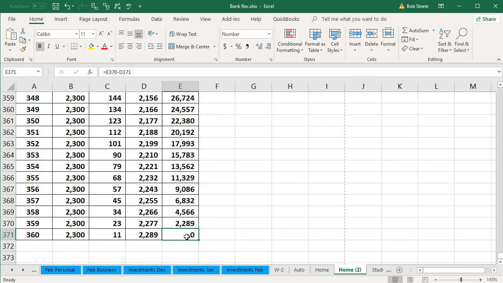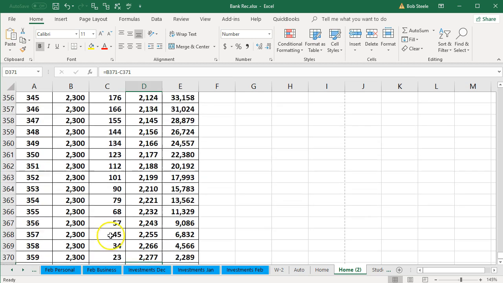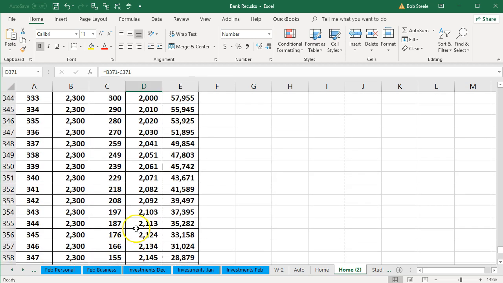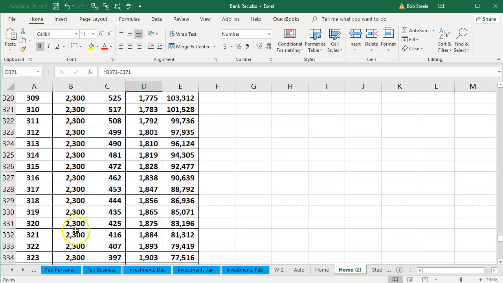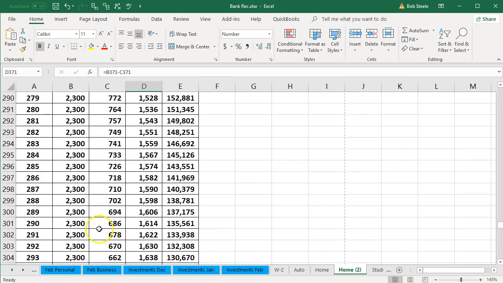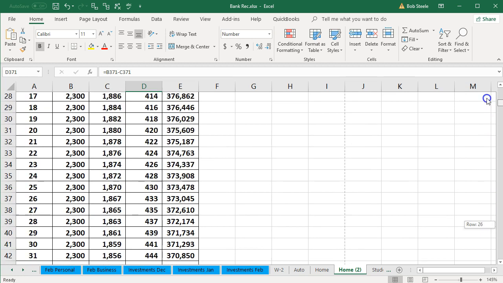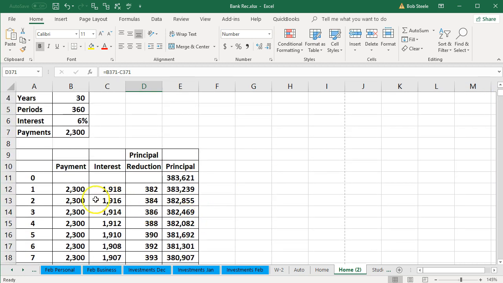So now we can see that it's got to be right. Now look at this last payment. Same payment amount. Interest is only $11. All the rest is principal. And you can see the interest portion going down and the principal portion going up all the way, right? Even though the payment is the same. So it's radically different on the interest versus principal, although the payment is the same as the loan goes down.